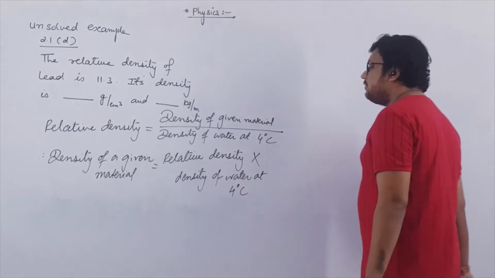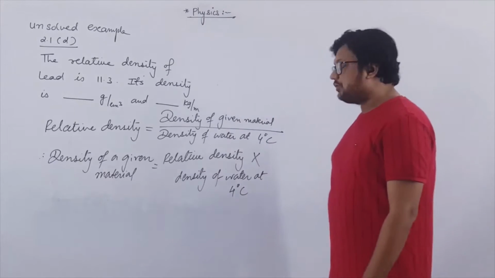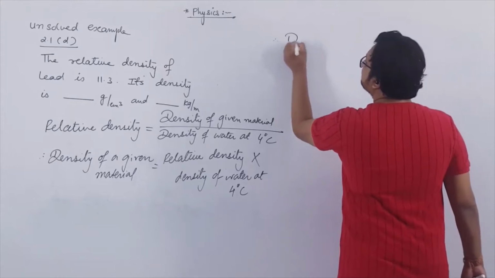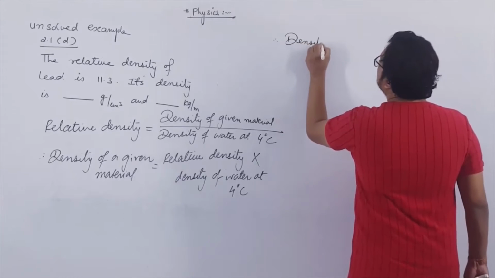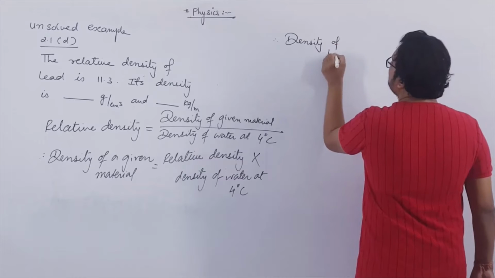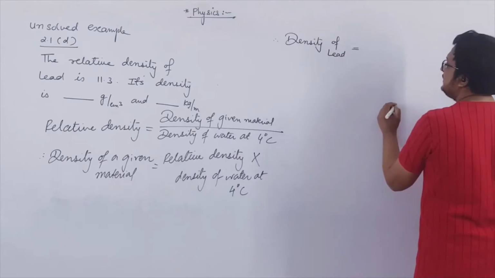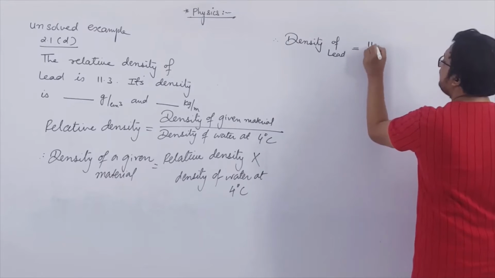So the density of a given material will be equal to the density of water at 4 degrees Celsius into relative density. So therefore, the density of lead is equal to the relative density, which is given as 11.3,